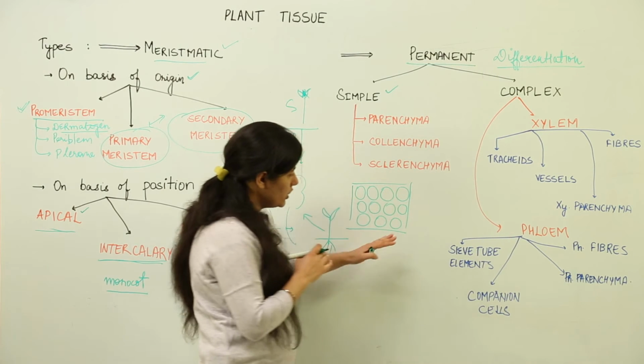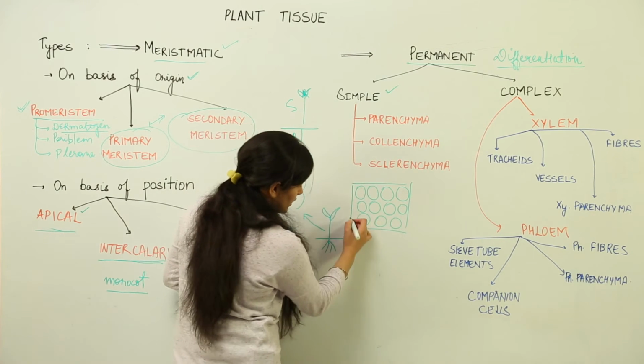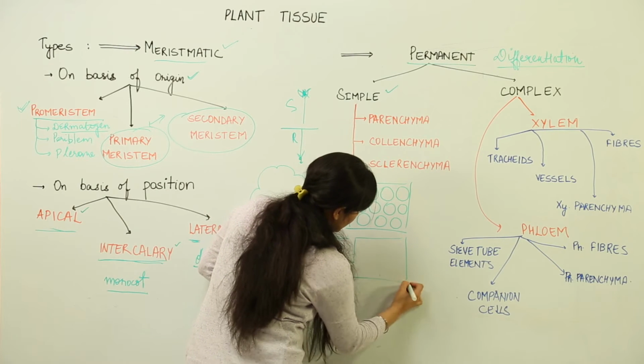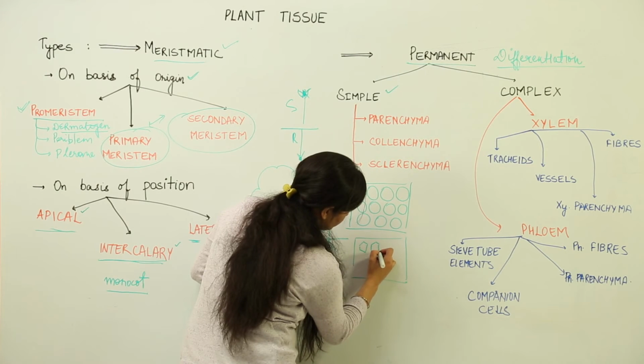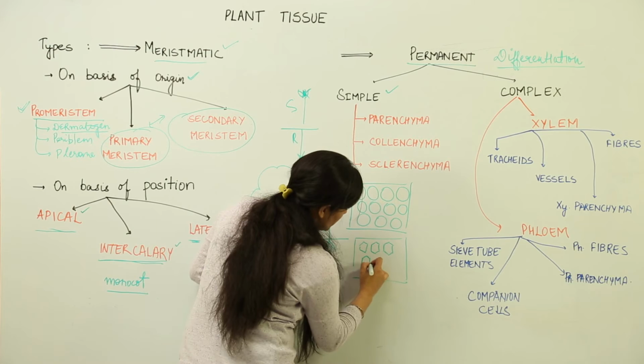There would be no distinction in the structure of cells which form the tissue. Supposedly these are isodiametric cells. Over here I am making hexagonal cells, so all of them would be hexagonal. Such a tissue arrangement would be known as